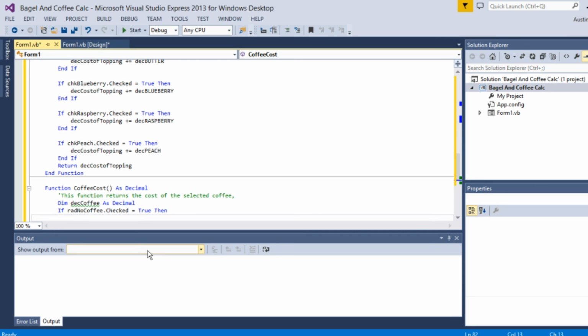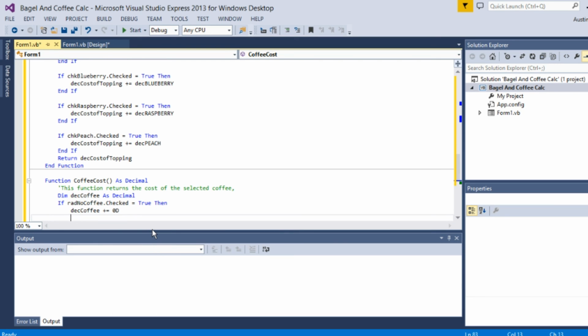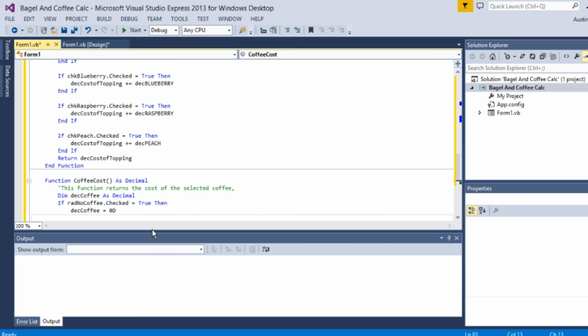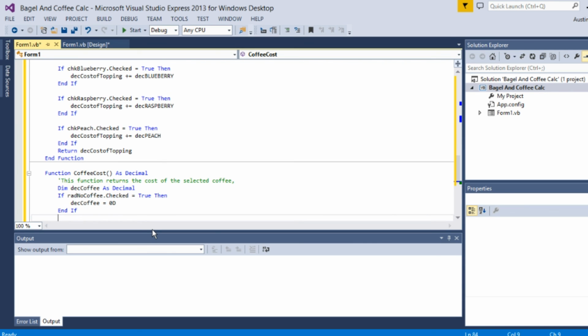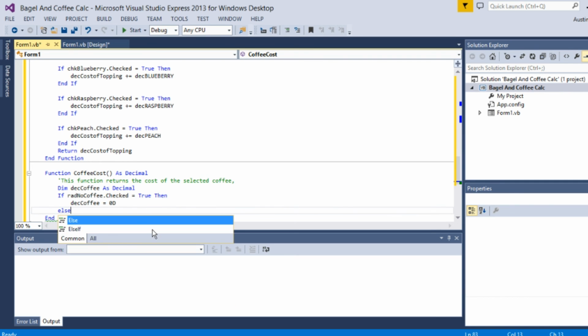it's gonna, deck coffee is gonna plus equal $0D. It's just gonna equal, not plus equals, equal $0D. Enter. End of if. Enter. Oh wait, it's not end of if. It's else if